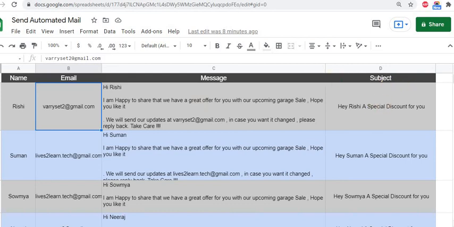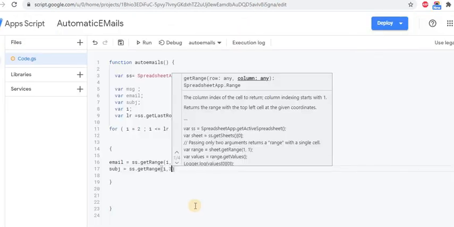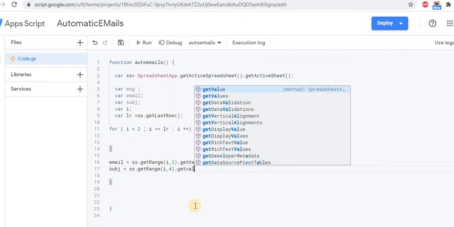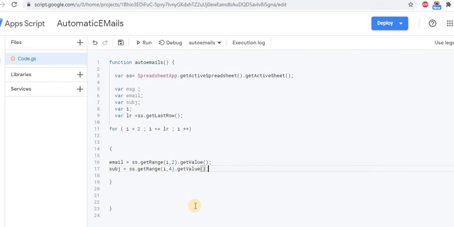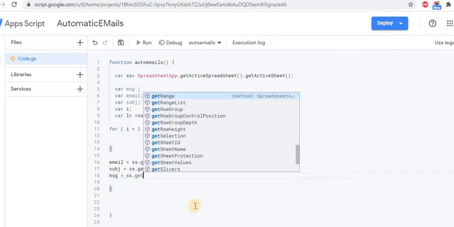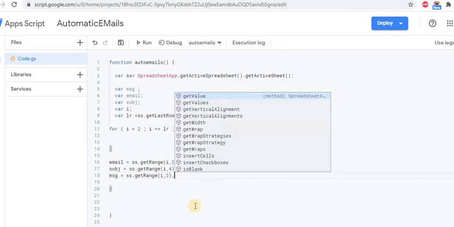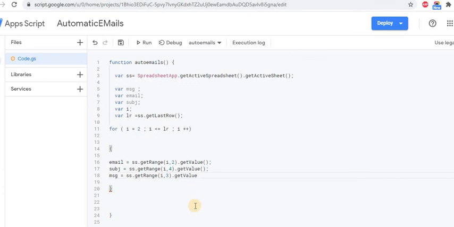No, subject is 4. 1 2 3 4, so we'll put it as 4 here, dot getValue. And message would be ss.getRange(i, 3).getValue. There you go. In case you want to organize it like this, then simply do it like that. So now we have the email, the message and the subject in our loop.